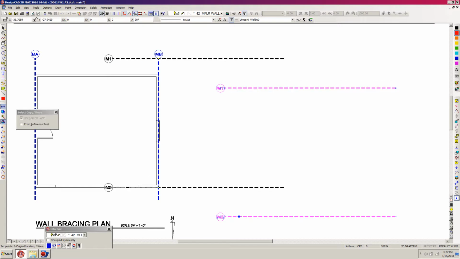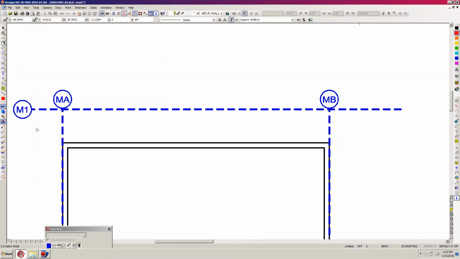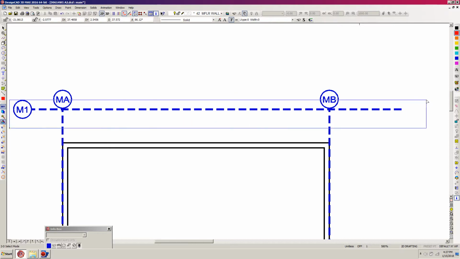I'm hitting M and just moving this guy right about, get near that corner and right click, and it snaps to that corner. And you can see my upper one's just a little bit too high, you might say. So what I'm going to do is hit escape, and I'm just going to zoom up here, hit Z to zoom up on this upper line and the wall, and I'm going to select this upper line and the M1,